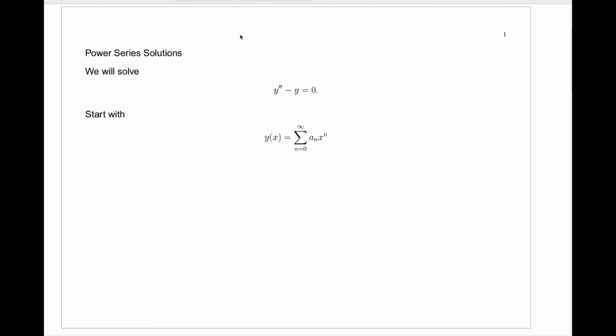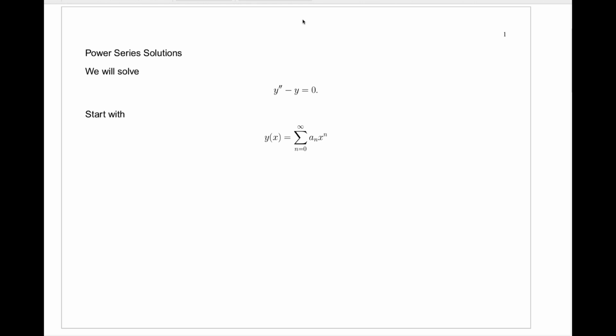We're now going to talk about using power series to find solutions to differential equations. For this first differential equation that we're going to solve, it'll be a very familiar one which you can easily solve using other methods we've learned. But we'll see how even for such a simple differential equation, here we have a second order linear homogeneous constant coefficient differential equation, and a simple one at that. Even for this, we'll see that there are some nice new insights that we can gain by using power series